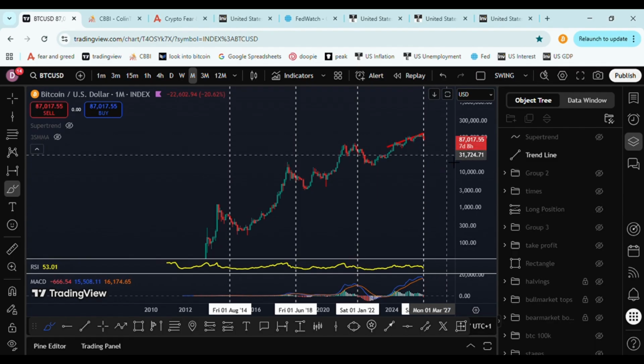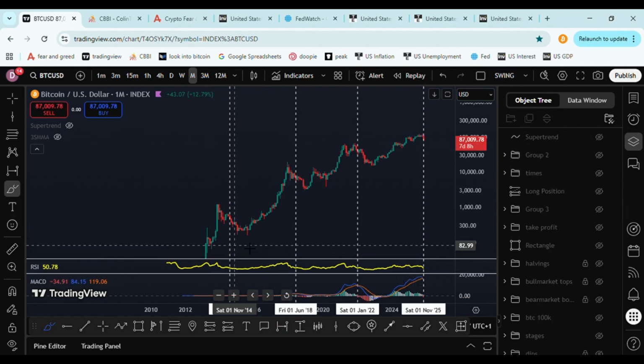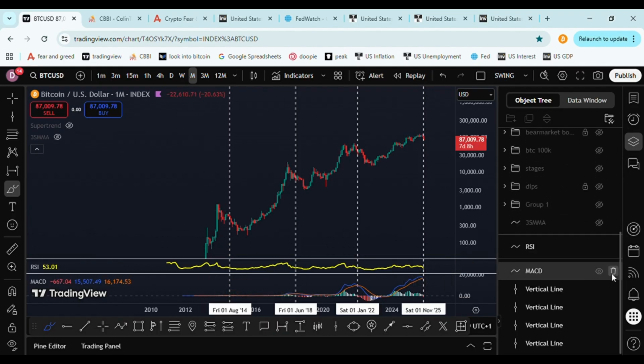But I'm not scared, and I would be happy if the price goes down by a lot so I can buy in even more. But very disappointing that I didn't take profit and that I cannot put that profit back into the market when it's lower, if that makes sense. But yeah, that's it for the MACD.